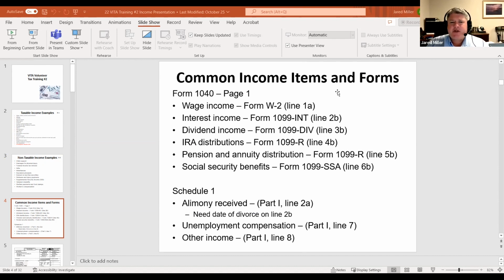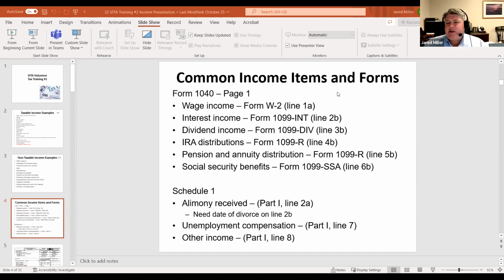Couple changes this year, as we mentioned. Form 1040 is going to have a few more lines on page 1, but really they're going to be found in the exact same place they have been in years past. So the wage income, again, coming from the W-2 will be on line 1A. Interest income, which we'll talk about in just a little bit, will be found on 2B. Dividend income on 3B. The IRA distributions themselves will be on 4B. If they're coming from a pension or annuity, they're also going to come off the 1099-R. They're going to be separated again as they have in the past. So we'll see IRAs on line 4B, and our retirement distributions from pension annuity on 5B.